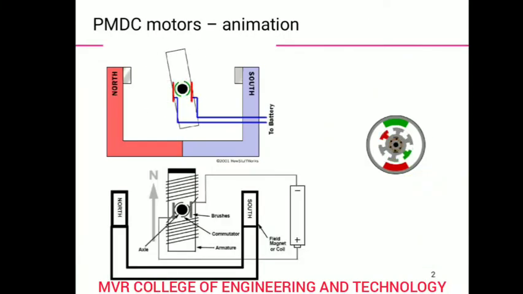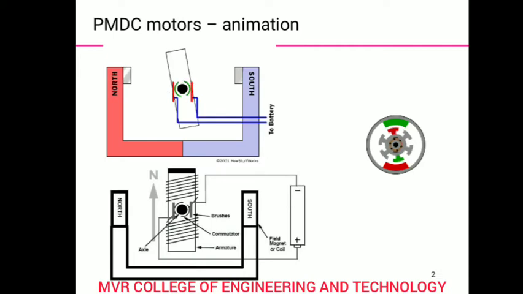So you can see the PMDC motor animation, and there is a north pole and south pole. I mean to say these represent the stator. Whenever the field travels through the north and south, the rotor winding cuts this magnetic flux and it induces an EMF. So here you can observe the stator and rotor carefully. The stator is of permanent magnets, and the rotor has slots. You can see the slots, and opposite pole winding is connected in series.